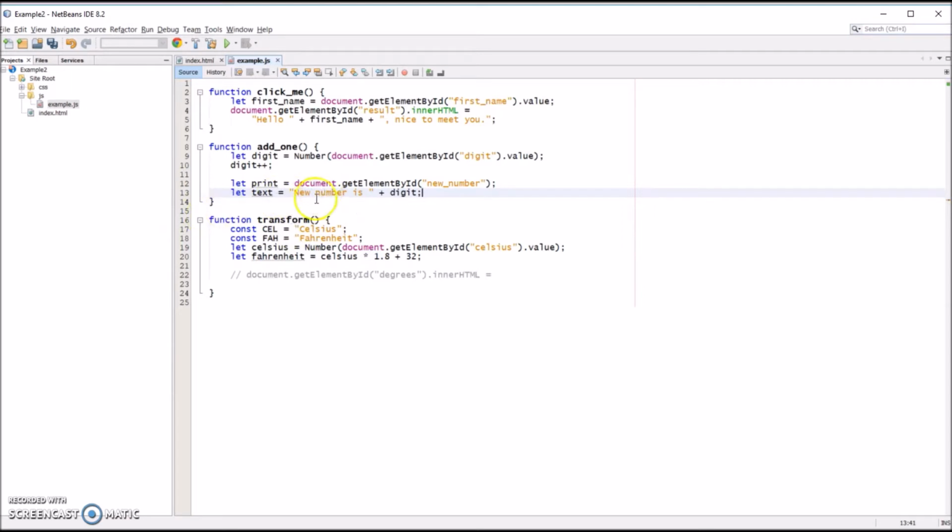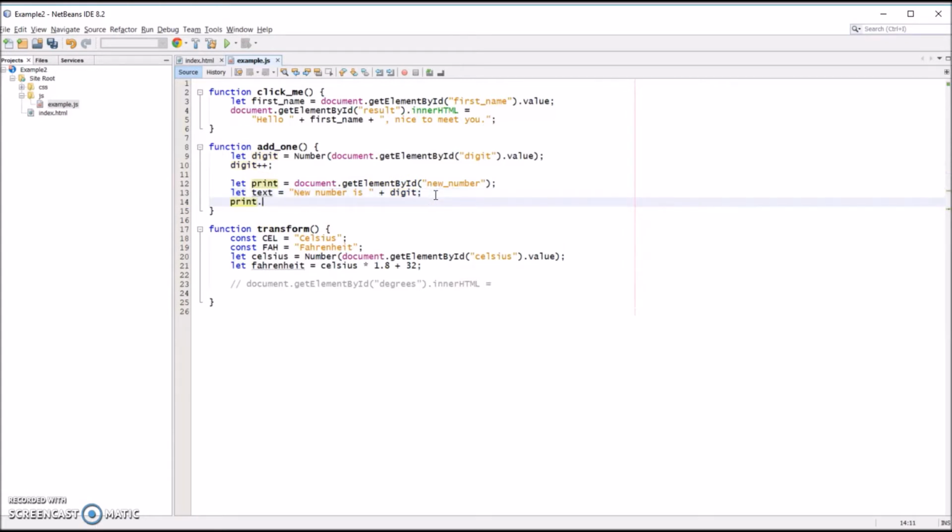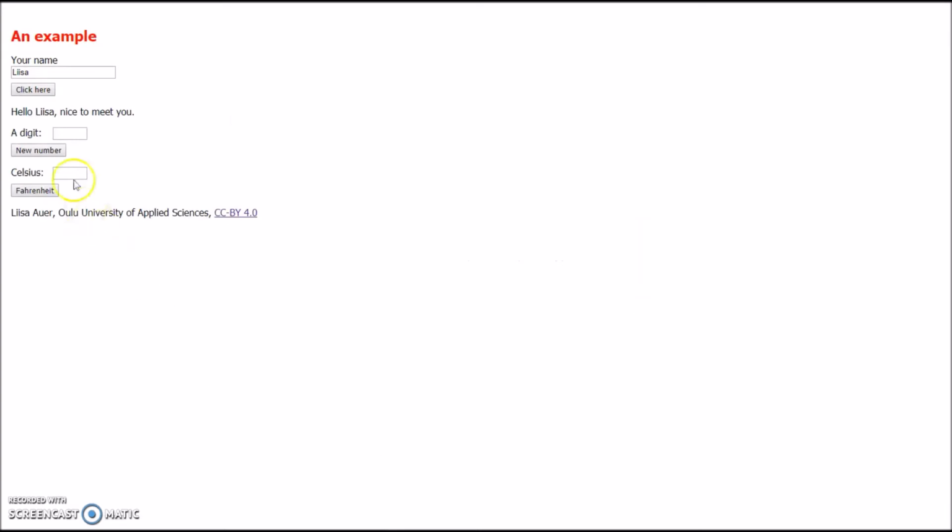So here I now have the text and number or data that I want to print, and I put it in a variable, and then I print it using again this inner HTML, and then I just say that okay, I want here text. And let's see it here. Again, I reload this and I put the digit here, and now there you see text and data.